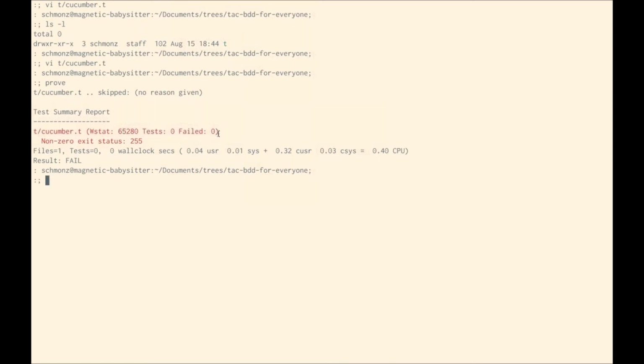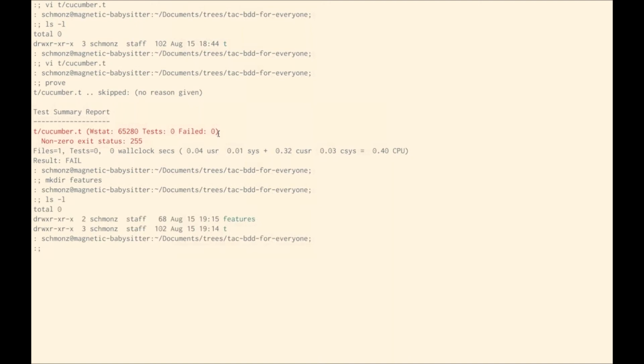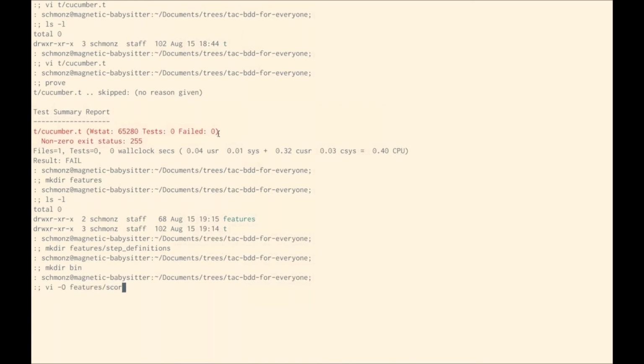And we're going to need a directory called features, which is where Cucumber looks for stuff. And in it, we're going to need a directory called step definitions, which is where Cucumber is going to map the shared language onto real code. And then I'm going to make a little bin directory where I put the actual program. And in here, we're going to work with, from left to right,